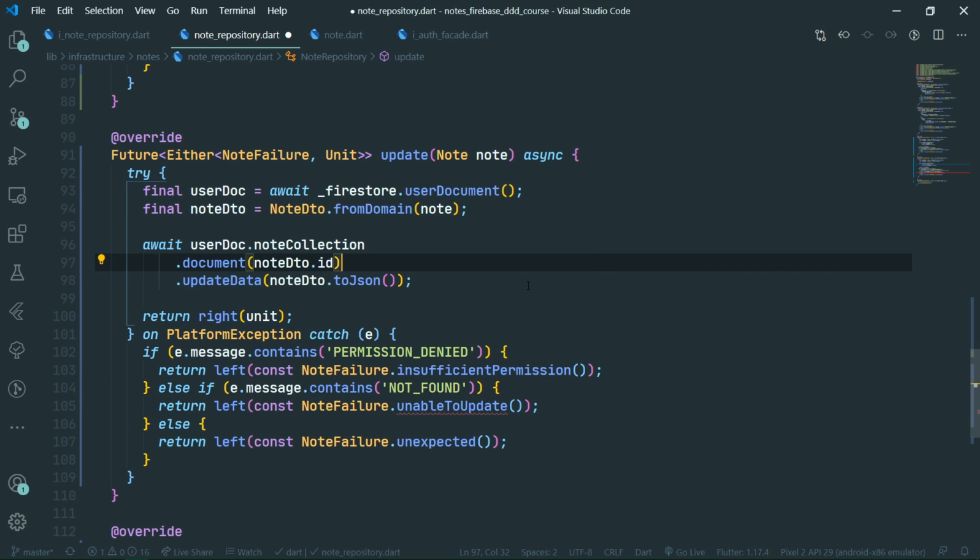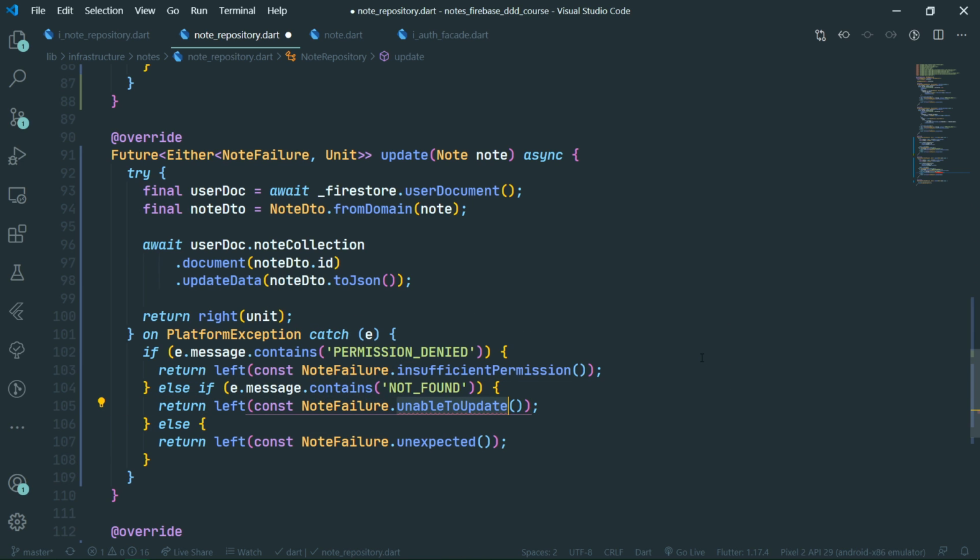And since we are not setting data, we are just updating data, this document ID has to already be present inside Firestore. So in the rare occasion, which again should not even happen in our app, that we want to update a document which does not exist, then we are going to handle it gracefully and return a note failure